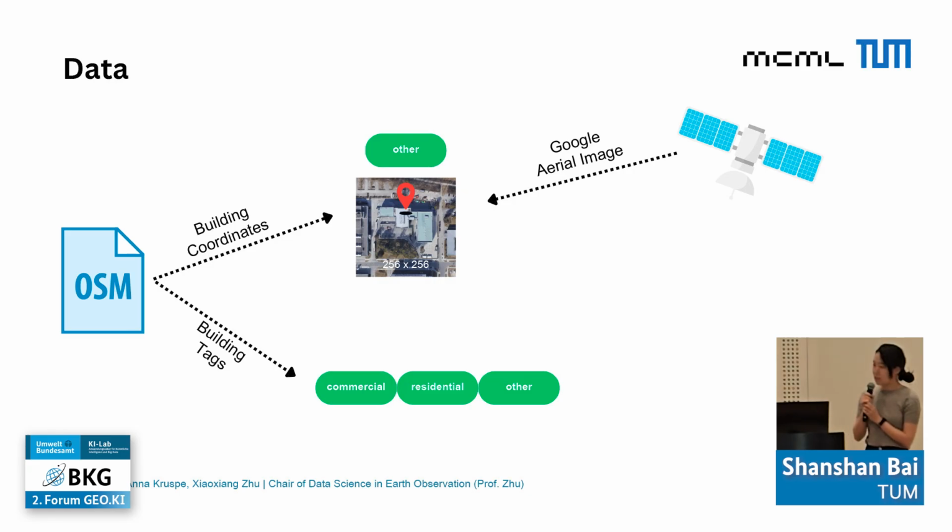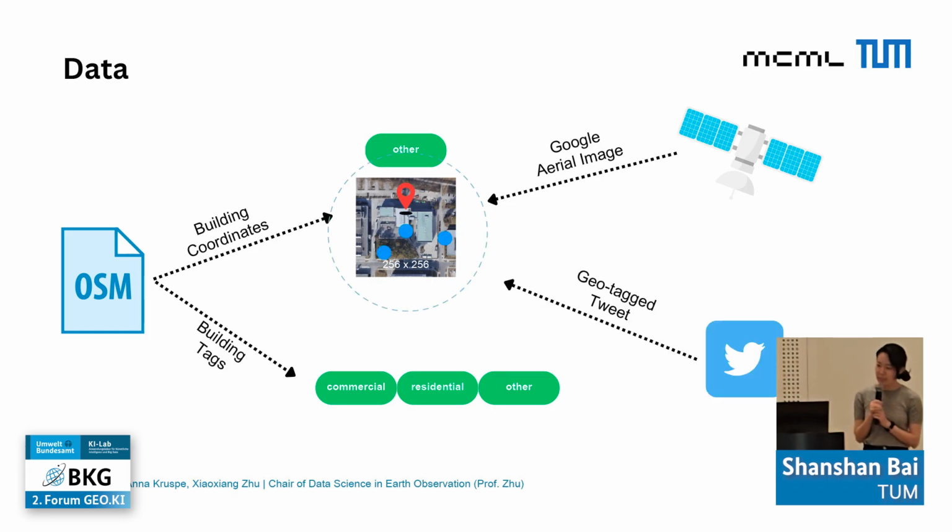And then since we know where a building is, we can get the image of the building. This is the classical way we do it. In the past, we mostly relied on the remote sensing image. This image tells us the color of the building, the shape of the building, this kind of morphological or physical appearance of the building. But the problem is that sometimes in really dense urban areas, buildings can be very similar to each other and lack more detailed information. And since we are trying to do building-level classification, we need really fine granularity of information. That's the reason why we introduce another type of data source to this task, which is